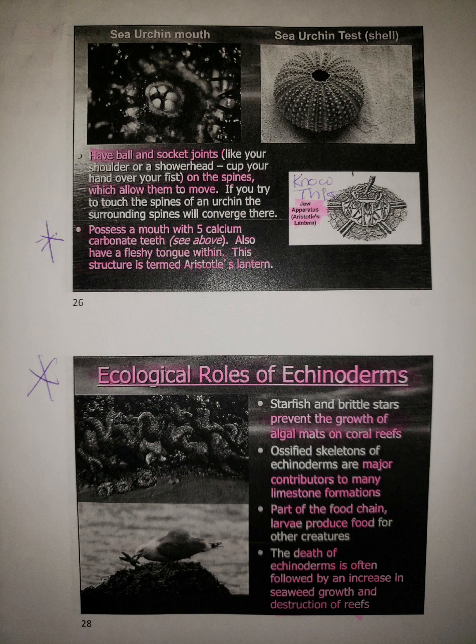They do have ball and socket joints, very much like your shoulder, a shower head, or when you cup your hand over your fist. And these are located on the spines, which allow them to move. If you try to touch the spines of an urchin, the surrounding spines will converge there. They possess a mouth with 5 calcium carbonate teeth. Also, they have a fleshy tongue within. This structure is termed Aristotle's lantern, and the picture on the right is an example of what the Aristotle's lantern